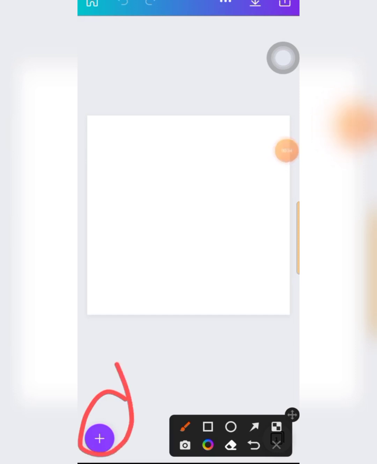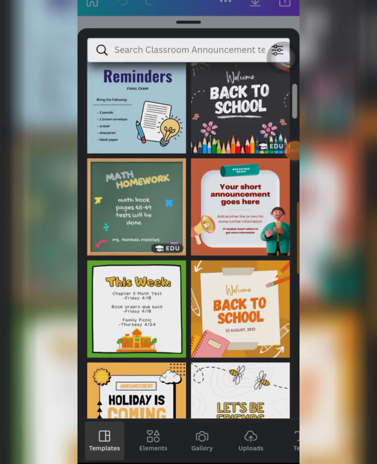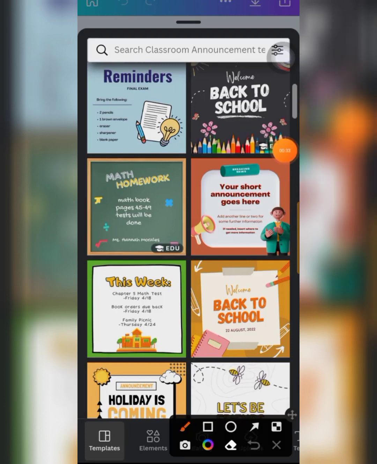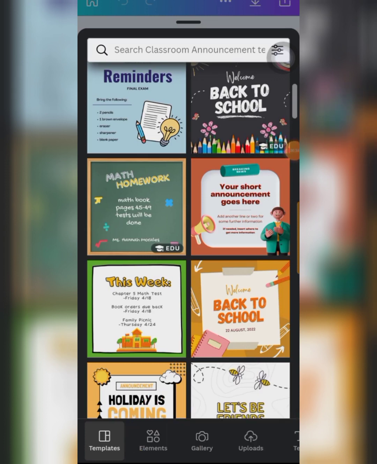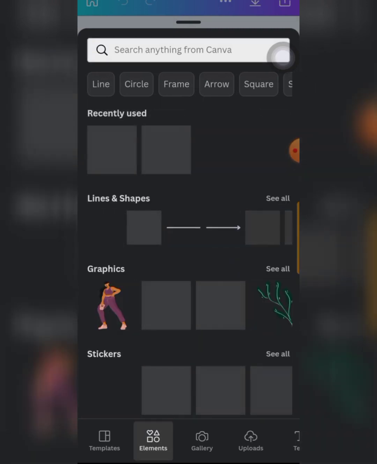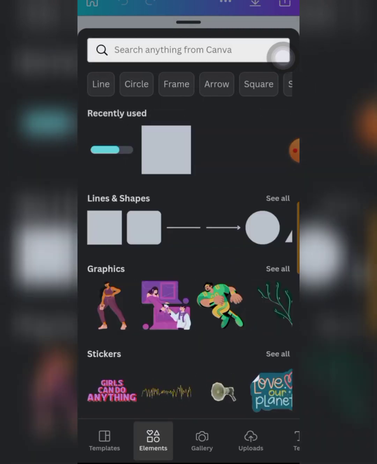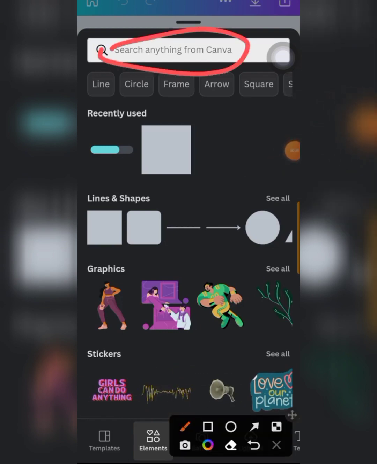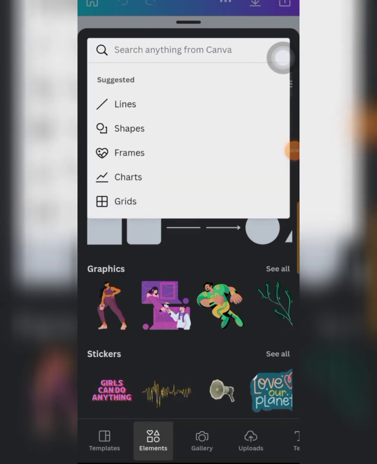Click on our right button, on our cross button. Once you click there, I will search for elements. We'll go to the elements. We've talked about all these tools. When you go to elements, it will bring it up to this point. So all you have to do is tap your search button up here and search